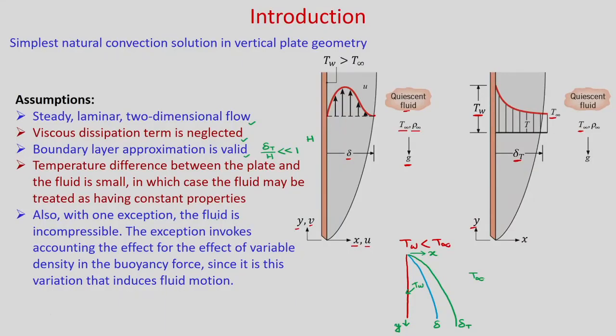Also, with one exception, the fluid is incompressible. The exception involves accounting for the effect of variable density in the buoyancy force, since it is this variation that induces fluid motion. So, you can see another important assumption we are taking, that we are considering rho to be constant, so that